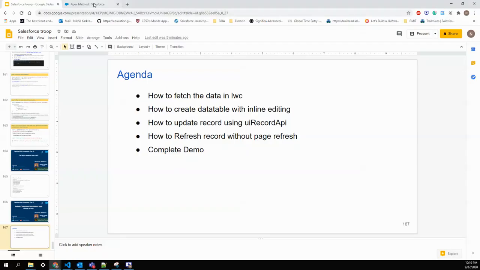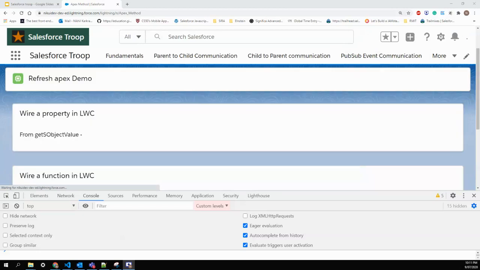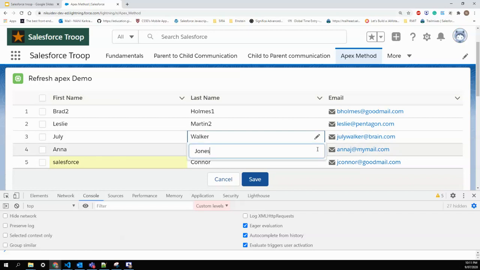Let's go back to our org, refresh the page. So this time we'll go from the bottom. I'll say John as Salesforce and Jones as Troop. So the